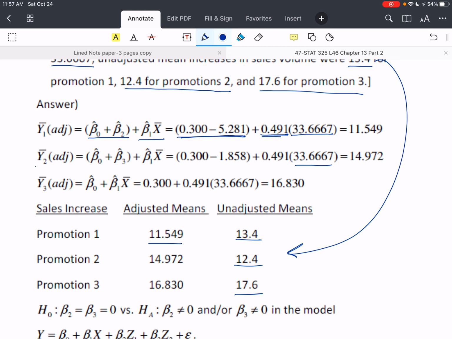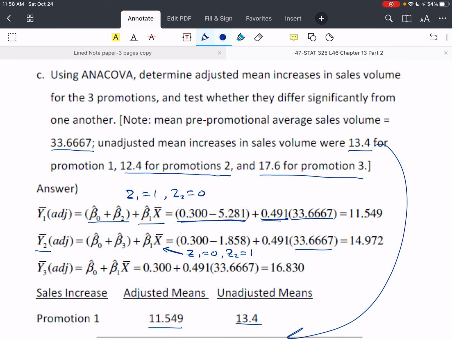Okay, and so then Y bar 2 adjusted, remember that beta 2 will be 0. So here beta 3 is 0, Z is 0. Here we have z1 is 1, z2 equals 0. And in this model, we have z1 equals 0 and z2 equals 1. Okay? And so we end up with 14.97, we end up with 11.549 here,